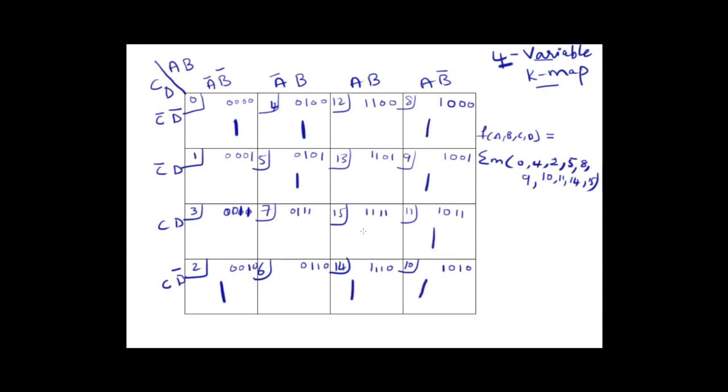The point is, if this is a 4 variable K-map, that means the number of cells will be equal to 2 power n, where for 4 variable K-map n is equal to 4, that is 2 power 4, equal to 16 cells. So here we have total 16 cells, that is 0 to 15. So while grouping, the maximum number of cells is 16. It can't be more than 16. So the number of ones you need to check first is for 16 ones. Did you find any 16 ones? No. So next check with 2 power 3, that is 8 ones.